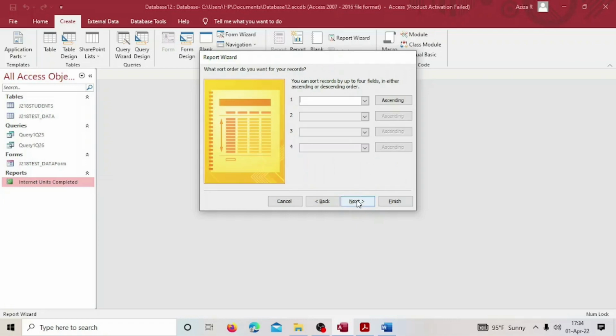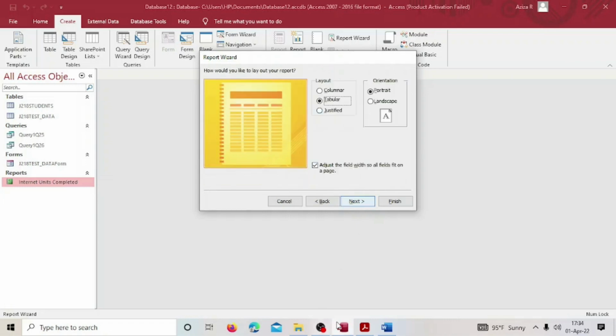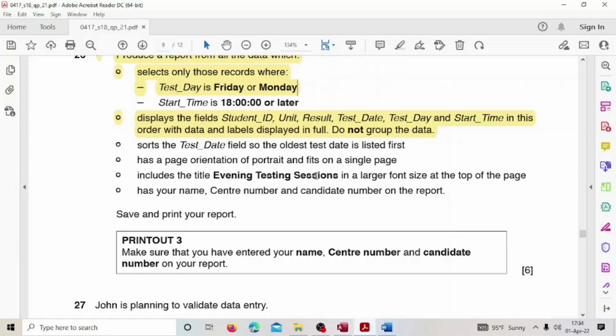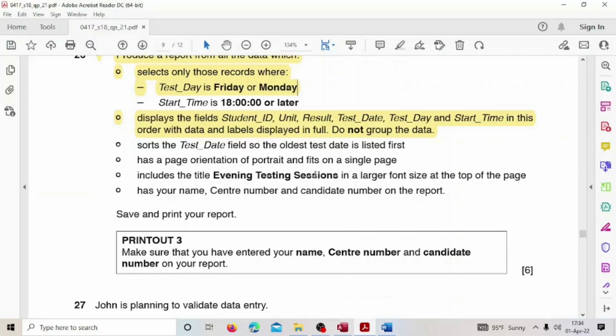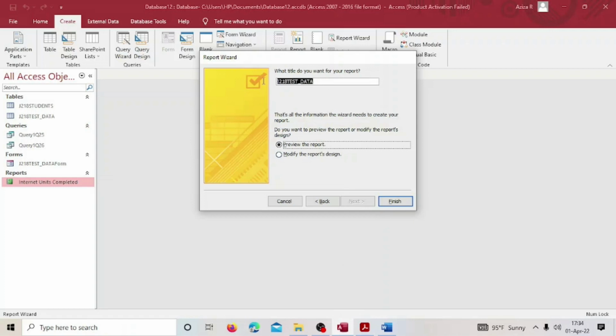Next, ascending, we did it. Now this one. No, has a page orientation portrait and fits on a single page. Orientation is portrait and fits on a single page. Next. Includes the title evening testing sessions in a larger font size at the top of the page. Evening testing sessions. Okay, let me just here type in evening